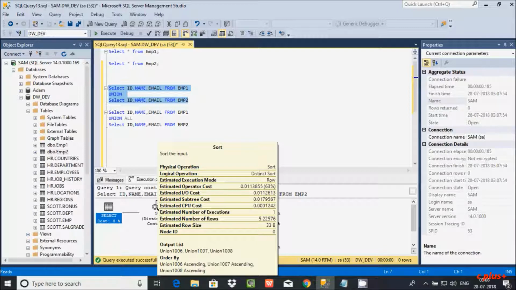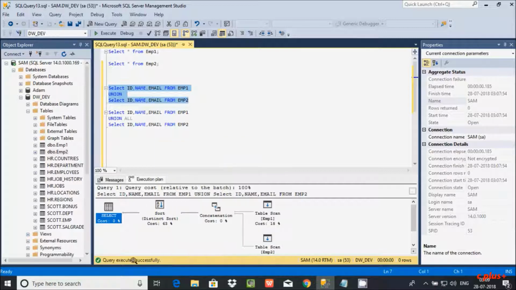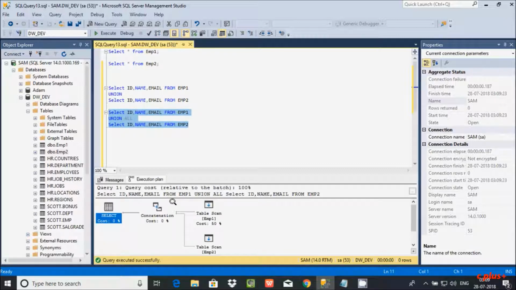The most important point is the estimated number of rows, which is 522, and the estimated row size is 33B. So that means the union operator first does the sorting, after that the concatenation. And if you select union all and click on display estimated plan,